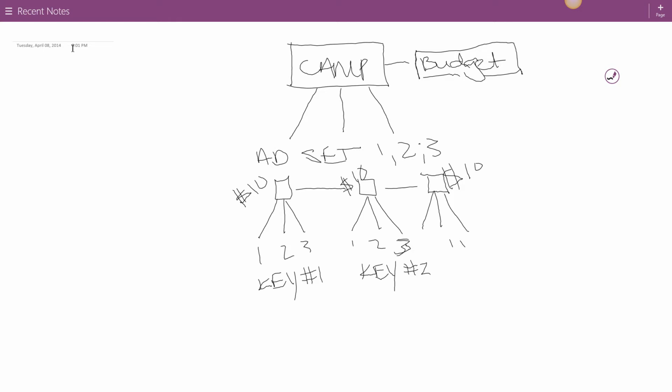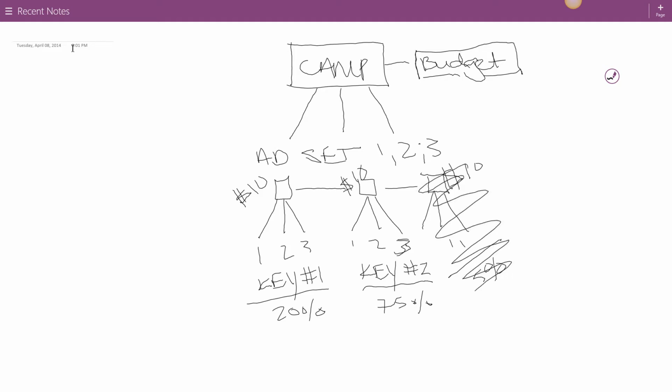Let's say you find out that keyword number 2 is generating you 75% of your sales. You find that keyword number 1 is doing about 20% of your sales, and keyword number 3 over here is producing about 5%, and you find that this is not economical for you, so you basically get rid of that right there. Now, obviously, if I'm still making money over here, I want to keep these ads going, so maybe I stick with my $10 budget over here, but I find that this one, number 2, is crushing it, and I either want to increase the bid over here, or another test to do is, just like before,